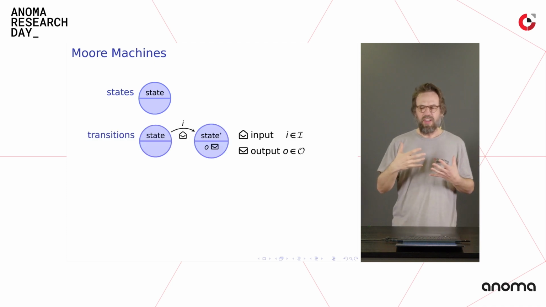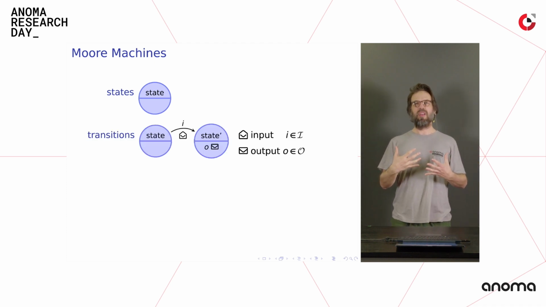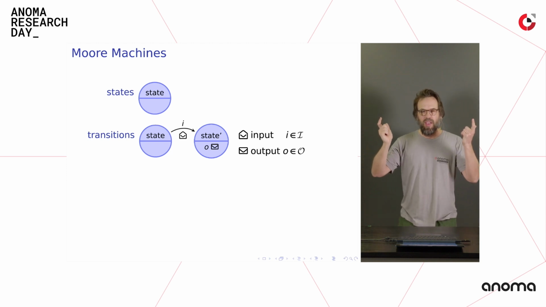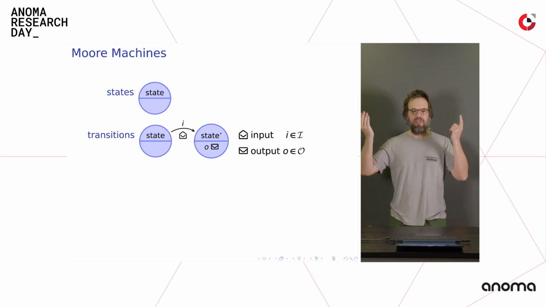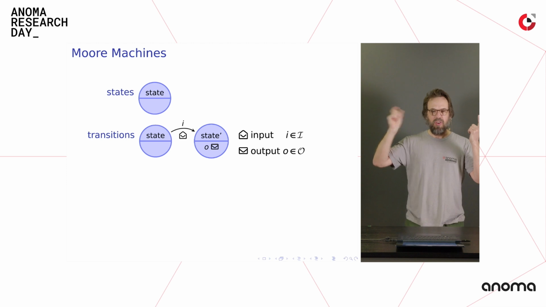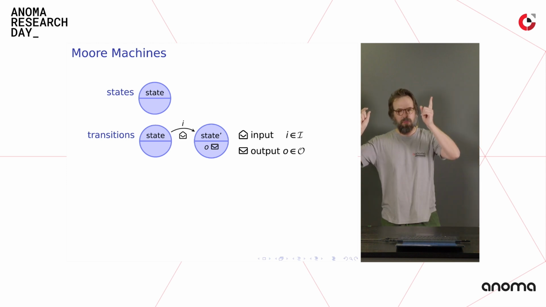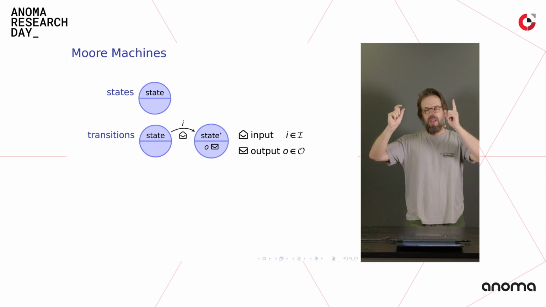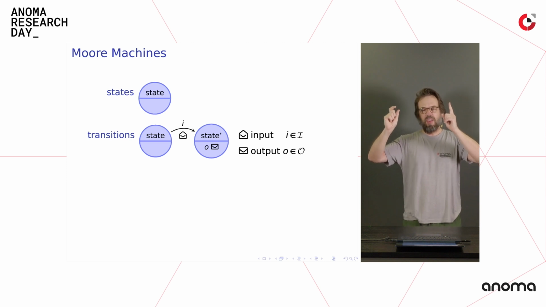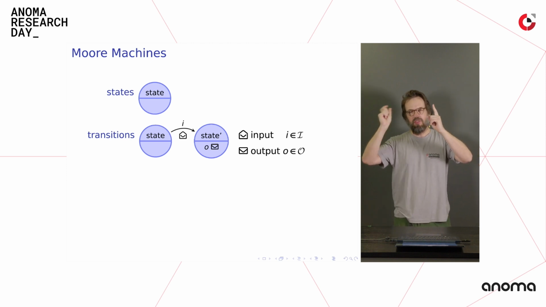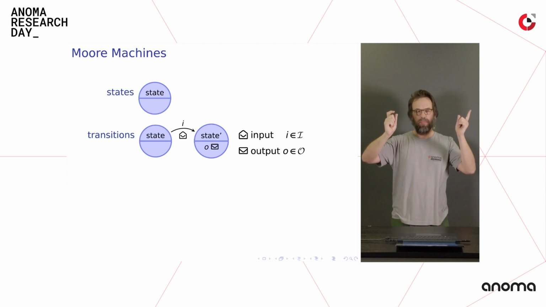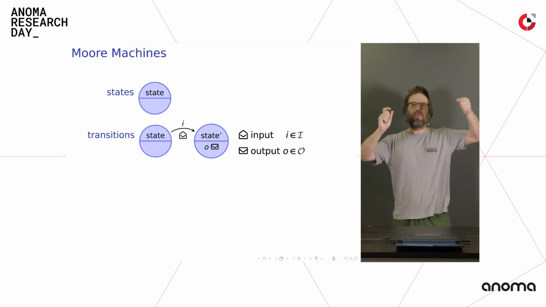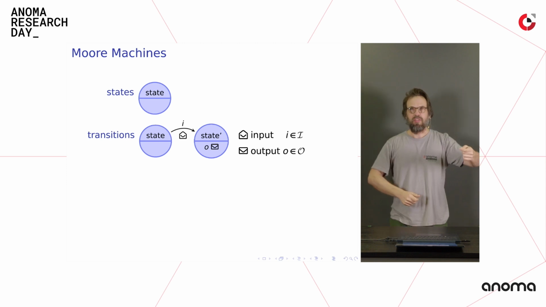Then, besides these states, you have transitions. And the transitions always involve 2 nodes. In the first node you have upstairs the state where you are right now. Then you have an arrow that reads what is actually being read, the input, the message you receive. Based on that message in your state, you decide to go to the other state. And that's already done. And once you arrive there, you look, okay, what should I do? Oh, I send a message to